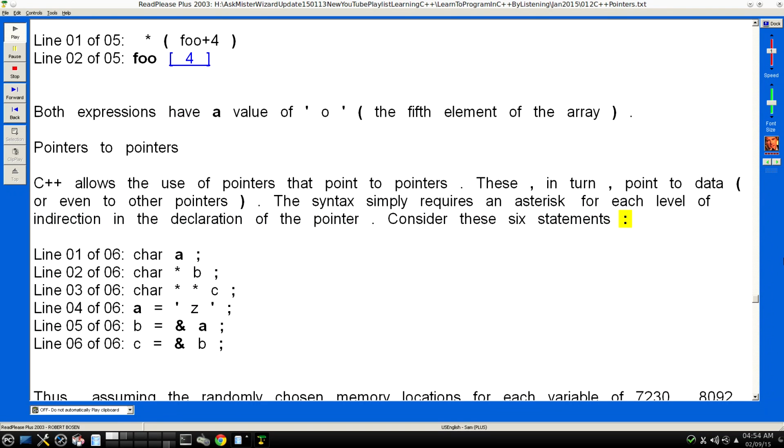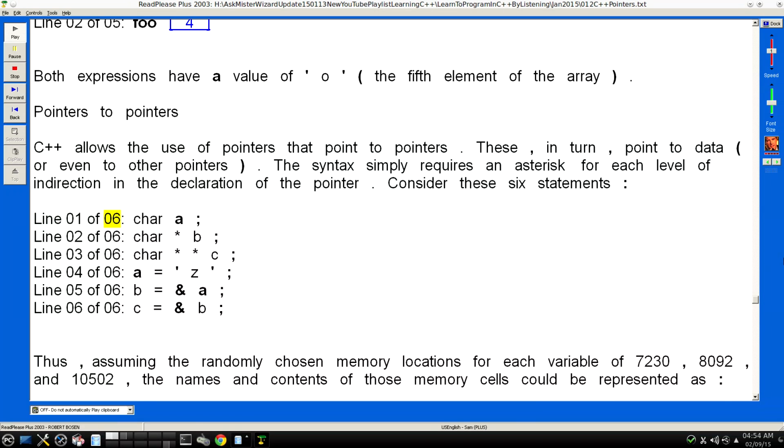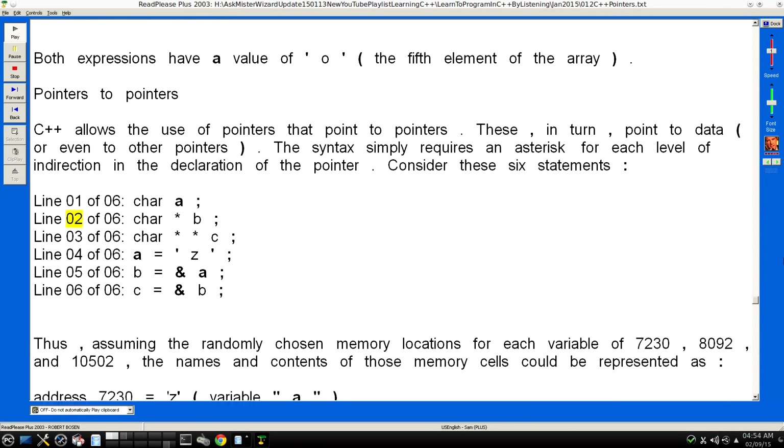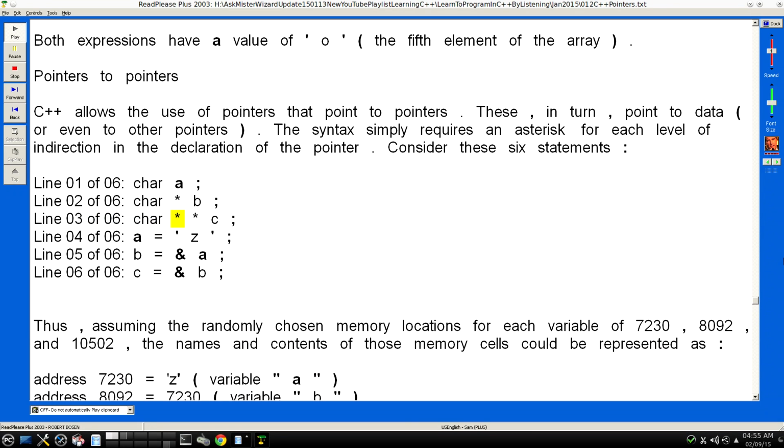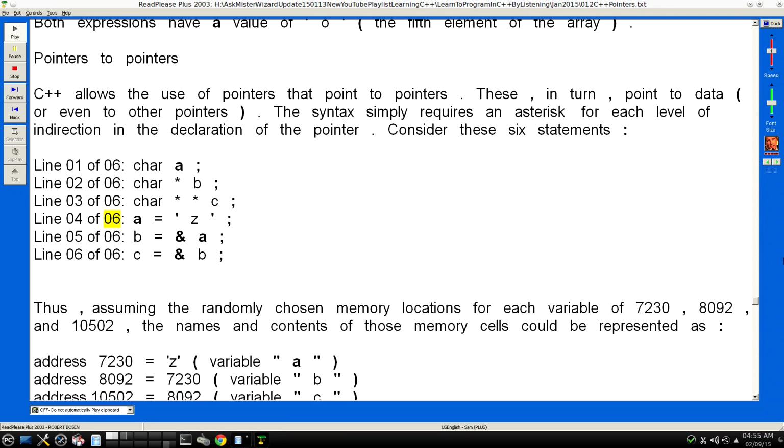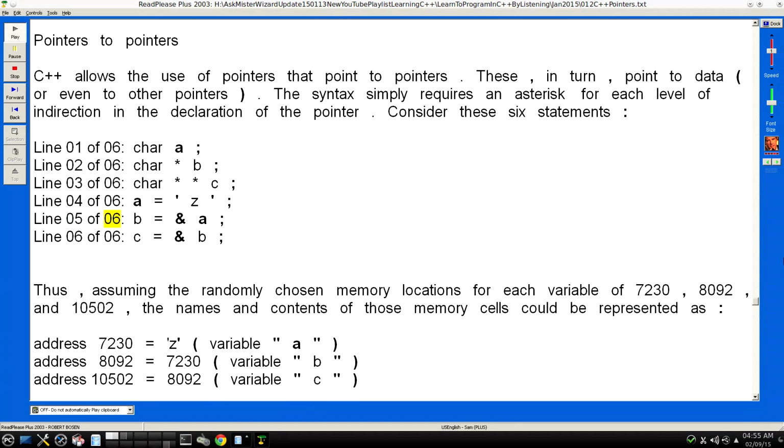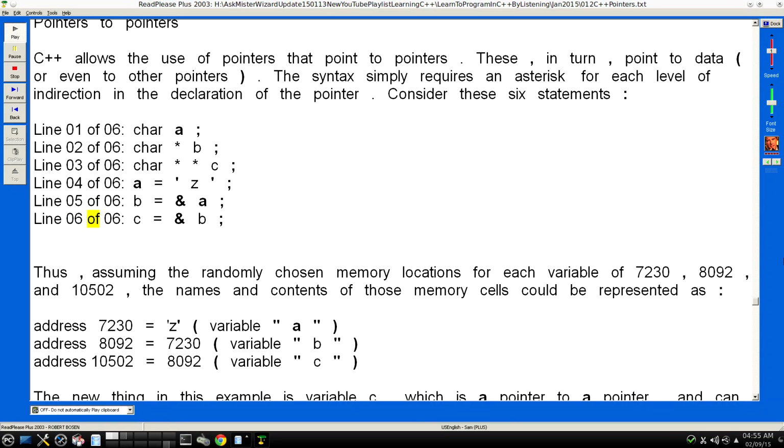Consider these 6 statements: line 1 of 6: char a; line 2 of 6: char * b; line 3 of 6: char ** c; line 4 of 6: a = 'z'; line 5 of 6: b = &a; line 6 of 6: c = &b;